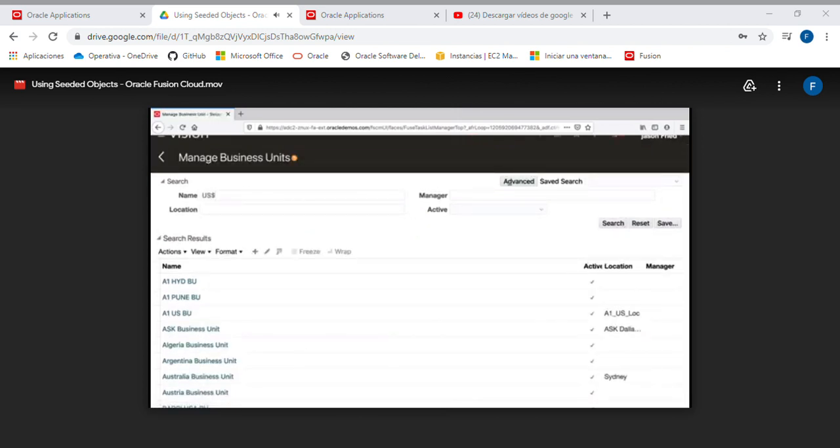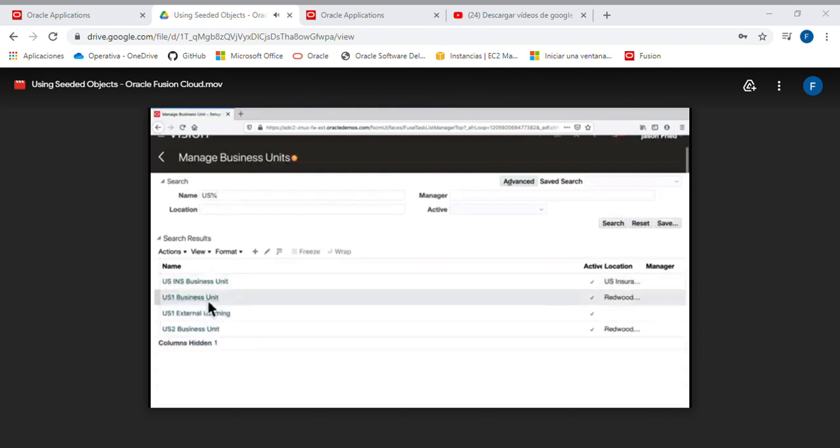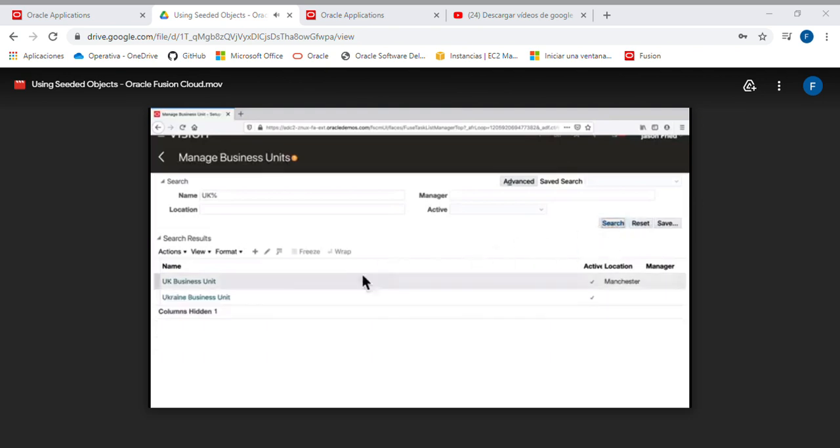And search for the business units. US1 business unit, which belongs to US primary ledger. UK business unit, this belongs to UK primary ledger.